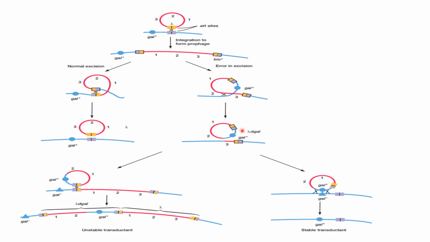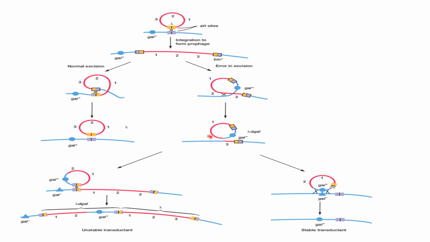Now this is a defective phage, a defective lambda phage, because as I said, this is a lambda phage that we are talking about. So that is why this particular viral DNA is called lambda D gal. Lambda is the phage name, D is for defective, gal is for the gene that has been taken from bacteria. So lambda D gal. Now this defective phage particle again will undergo all the other processes, that is multiplication and